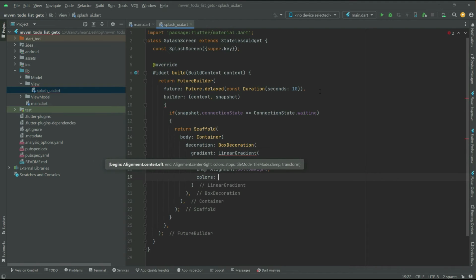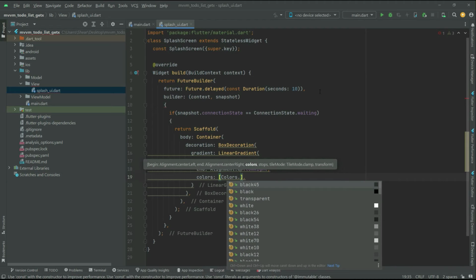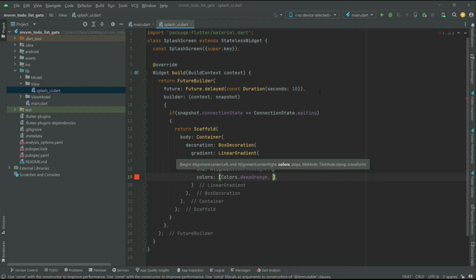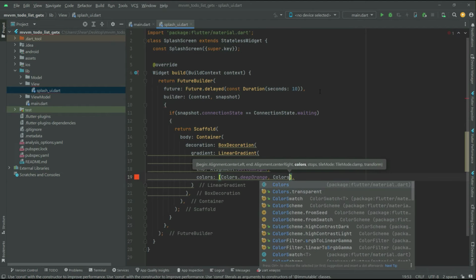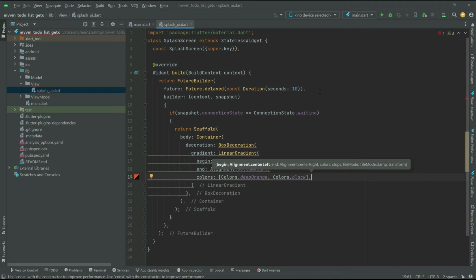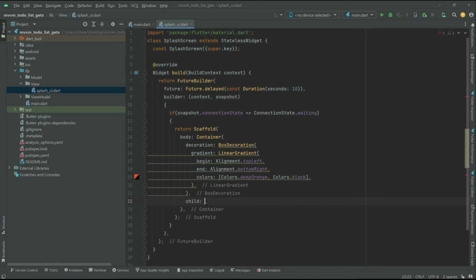Now we'll provide the colors, so in here bracket first and a comma, and now right in the bracket we'll provide the colors. The first one that we will choose is deep orange, and the other color that we will choose is black, and you guys will notice the output whenever we test the app. Okay, so what I'll do now, below the box decoration over here I'll say child,